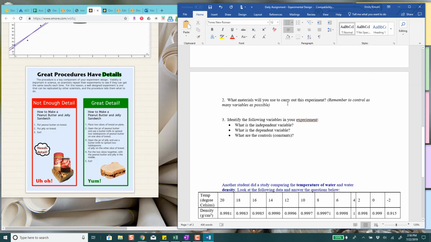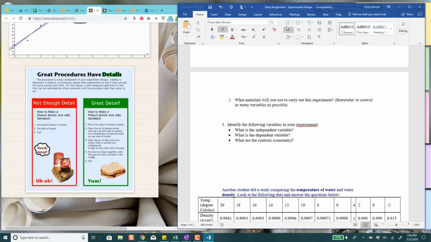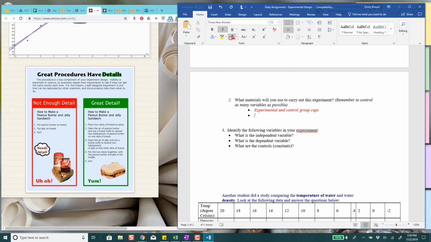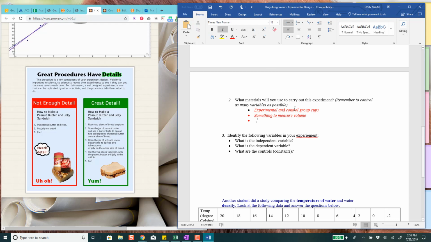Okay, and then you want to discuss what materials you're going to use to carry out this experiment. So what did we talk about? We were going to have experimental and control group cups. You'd want to have something to measure that volume. Right? You're going to need something